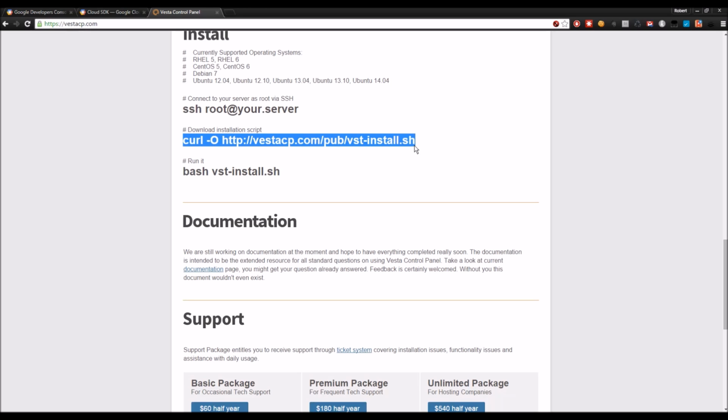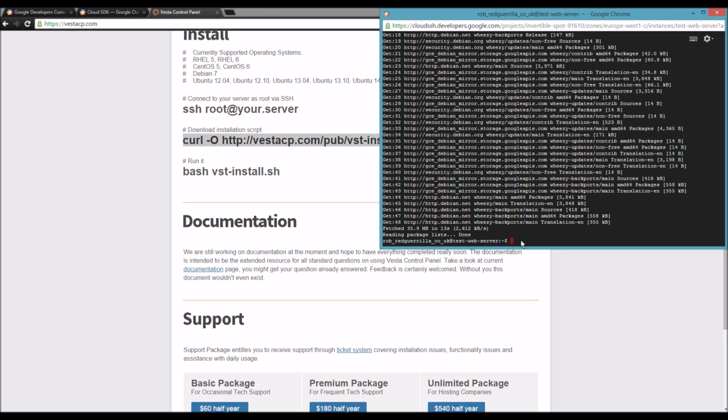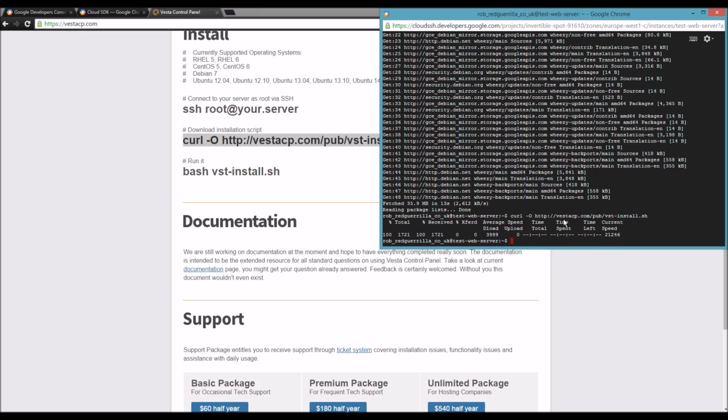We're already SSH'd onto it, so we'll just copy this instruction, and because we're in an SSH web browser window, we'll paste that straight in and run it, and that has downloaded the package. Now we'll type the install command. We'll run sudo bash vst-install.sh like it is in the Vesta window, and we'll put the -f on to force the install over the top of anything else that might be in the way, just so we get a smooth install. So we'll hit enter